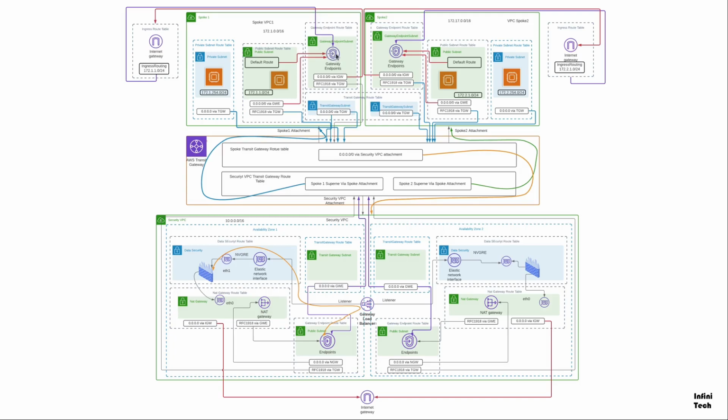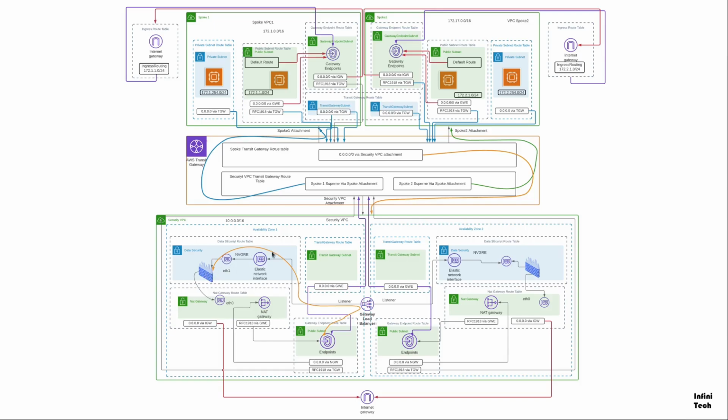That traffic that gets sent to the VPC endpoint, picture it like a door that has two rooms connected and a hallway in between. That door is on the spoke VPC side, then a hallway with a door on the opposite side. That hallway is the gateway load balancer, the door on the other side connects directly to the firewall. Traffic gets shipped to the firewall for inspection.